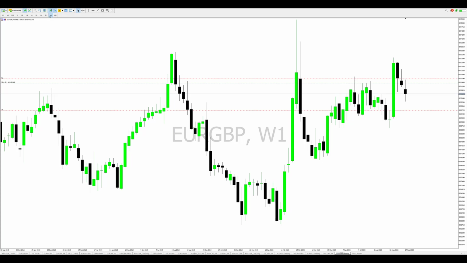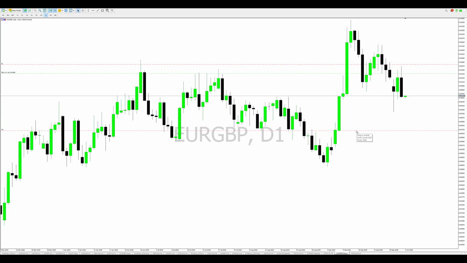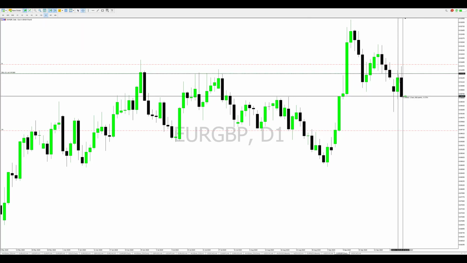So if we go to a daily time frame, I'm just gonna touch on bits and pieces, guys. I don't want the video to be too long. You can see the imbalance here. We had price opening with a gap to the downside. This was a Monday opening. That was the imbalance. And then we've got our level that we were watching here, 0.91360. Price traded up to it and then traded lower